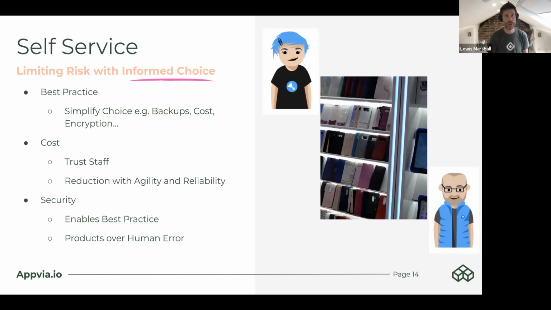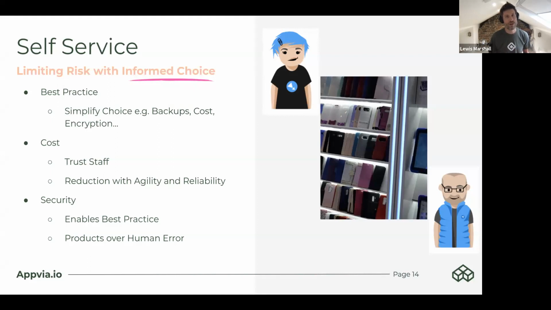So you simplify choice, and you hope you get a whole degree of best practice by standing on the shoulders of all of those separate organizations, packaging that together and making those choices simple. You also limit the cost, hopefully. If you trust your staff, obviously in this current climate we've all got to trust staff, the development staff fundamentally are right in the crown jewels of your business focus, so they should be trusted, but they should see a cost reduction with the agility and reliability concerns that I was talking about.